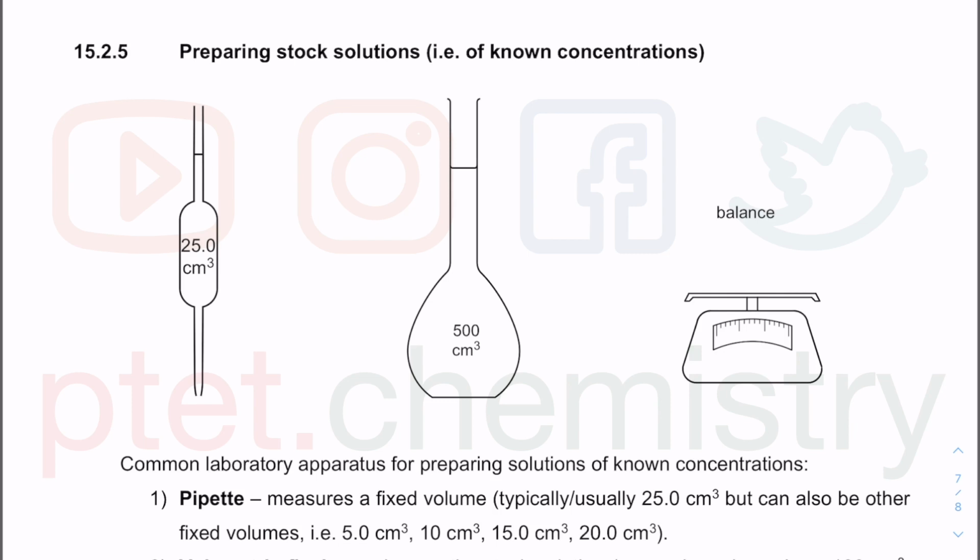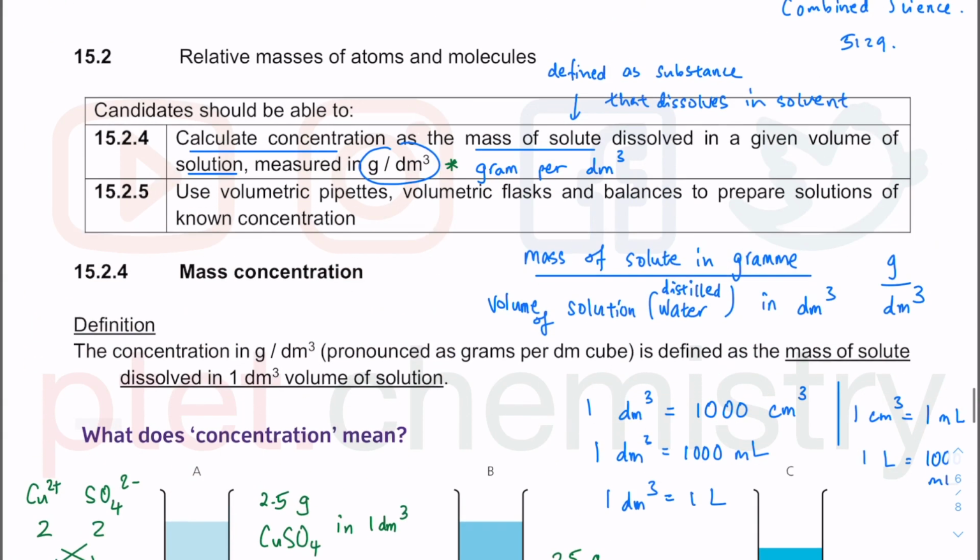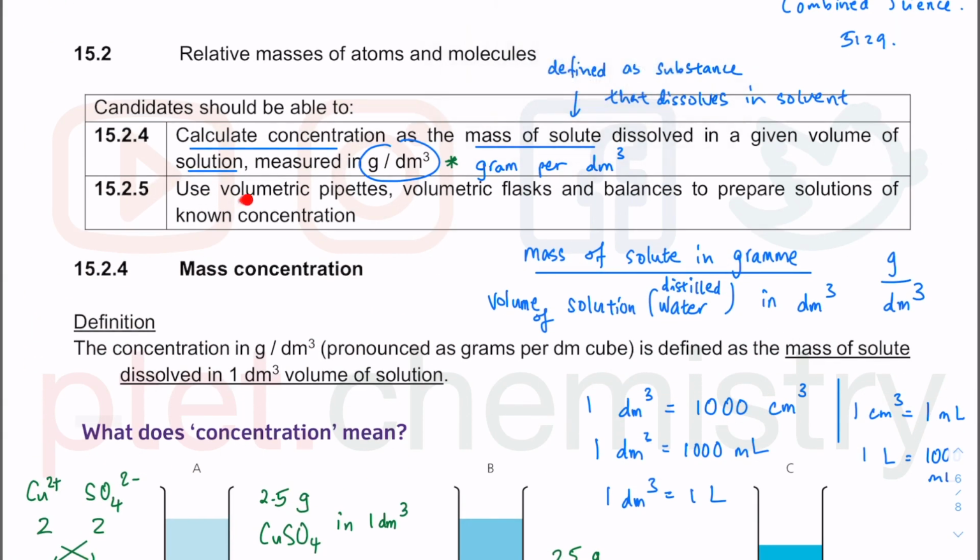So why in the world do we need to know about concentration? If you look at the syllabus again, you need to identify the names of these apparatus. This is called volumetric pipette. A lot of students can't spell it properly. These are technical spellings. P-I-P-E-T-T-E,